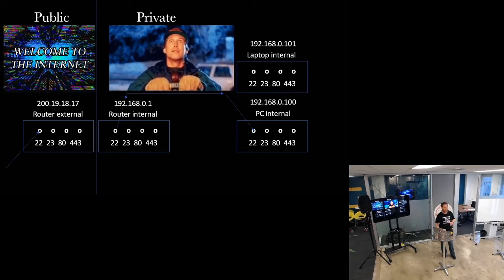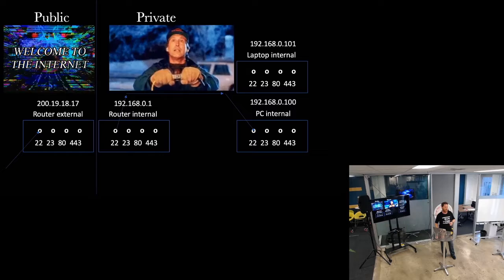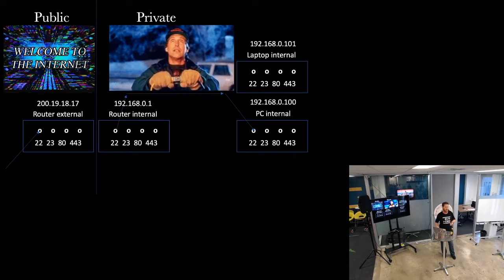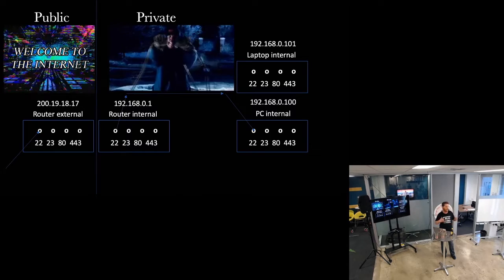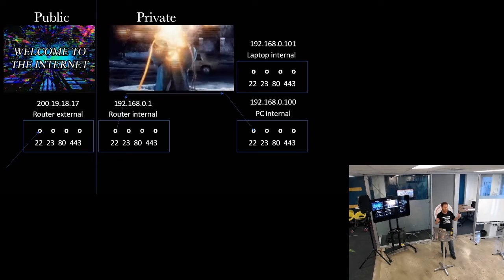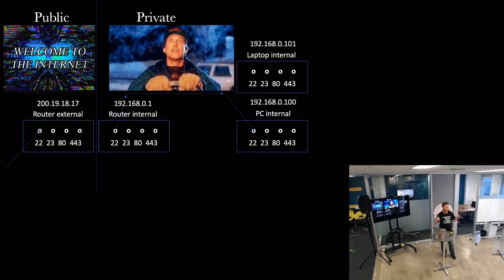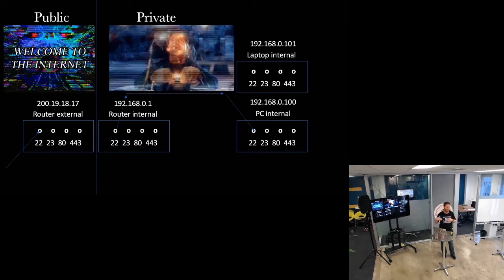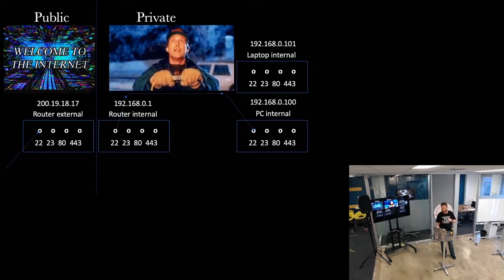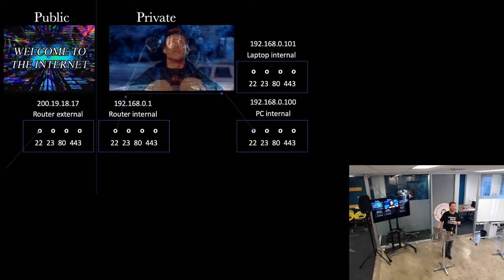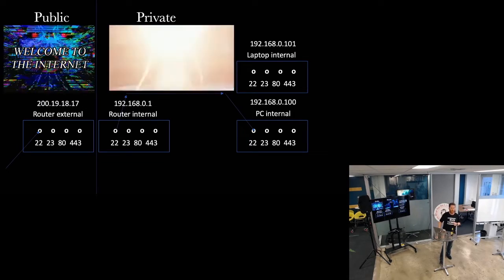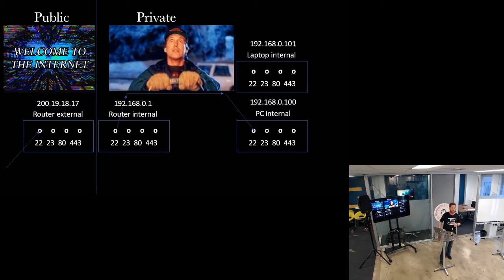Also, if you have carrier grade NAT, which a lot of internet providers have now, you literally can't get access to that box because you share that IP address with a bunch of other people, and your provider will have NAT set up in such a way that you can get out to the internet and traffic can get back to you, but you can't actually get into that computer. You can put a request into your provider, but generally speaking, most of them will ask you for extra money to get a public IP address.